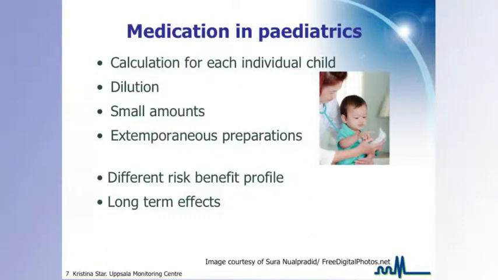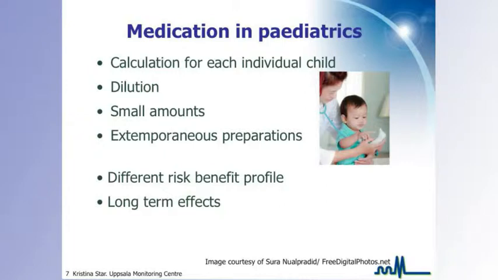And often, for the very small ones, dilution is necessary of infusions, for example, or other medicines that have been developed for adults. You're stuck with giving very, very small amounts of medicines, and you wonder how much do they actually get from those small amounts? And you have a need for